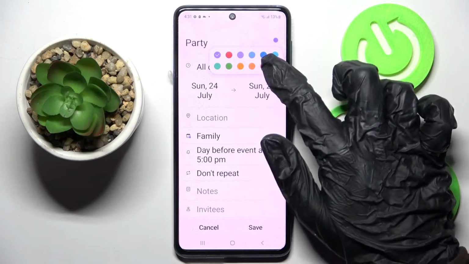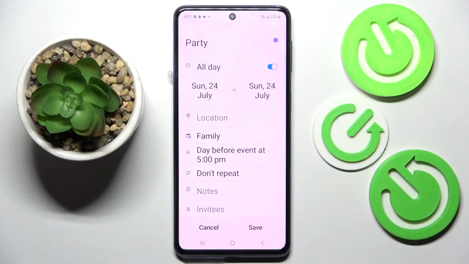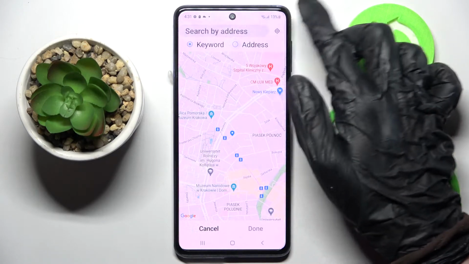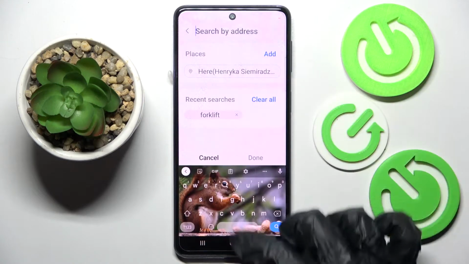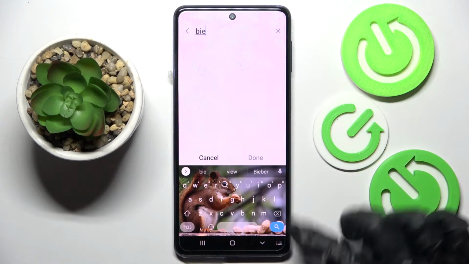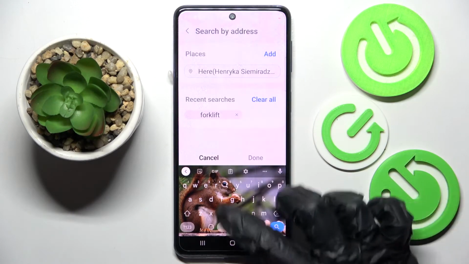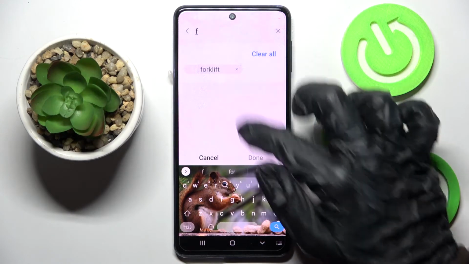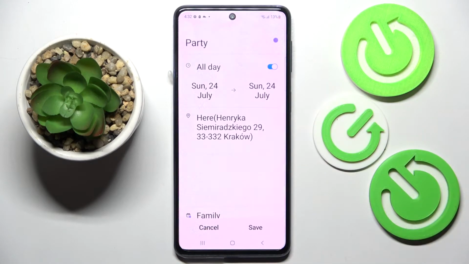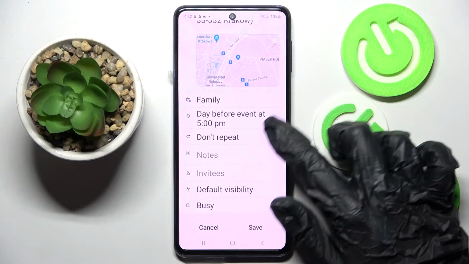Change color, click on location over here, select map and tap on keyword or address. I will go with address, so now I will just type in, for example, that one. Click on the correct one, which is done at the bottom right corner,